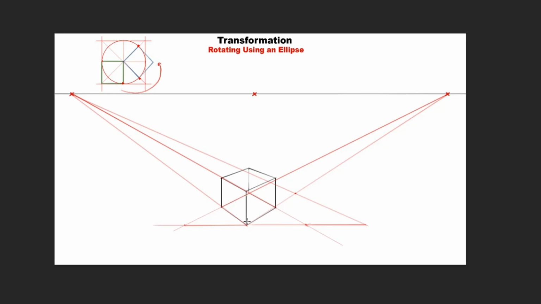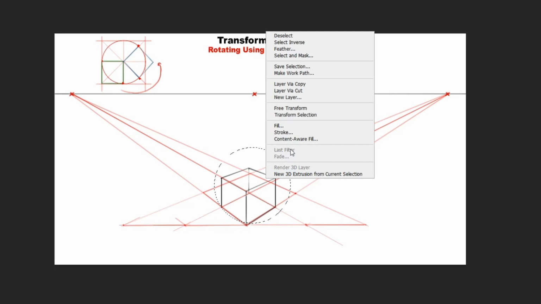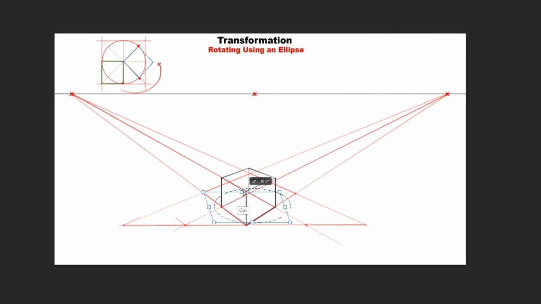We can also use the duplication method to move the box 1 unit in both directions. Now we simply draw the ellipse on the new large rectangle. This is the rotation ellipse that we're going to use to rotate the box. We will use the back edge as constant and the bottom 2 edges as the radius of this ellipse. Wherever we rotate them, they will always hit the edge of the ellipse. This way we know we are still using the right side of the box without distorting it as we rotate